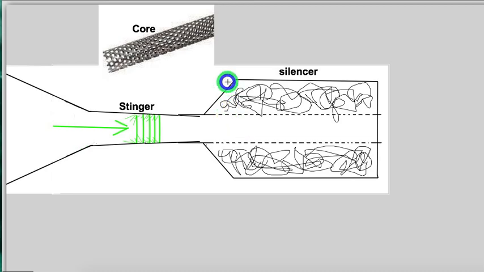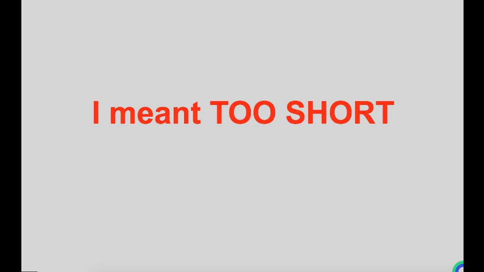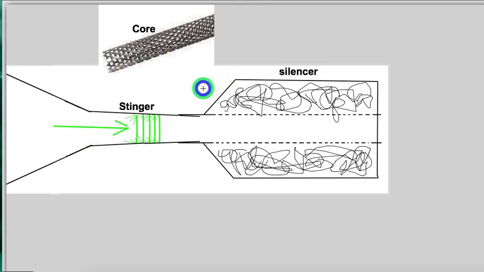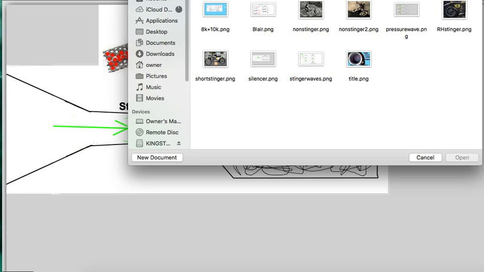If a person suspected that the stinger was too long and they didn't want to lengthen it, probably what they could do is fill in the holes of the core using a welder on the holes. And I guess I should explain why that affects power, since that's the name of the video.